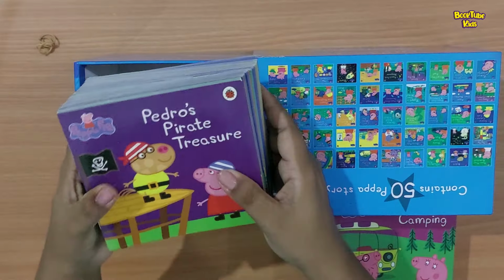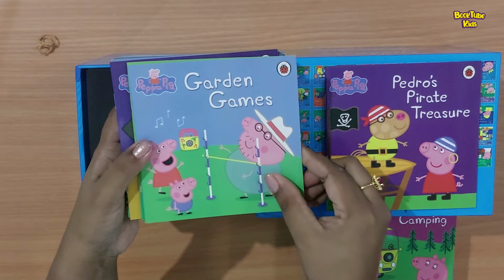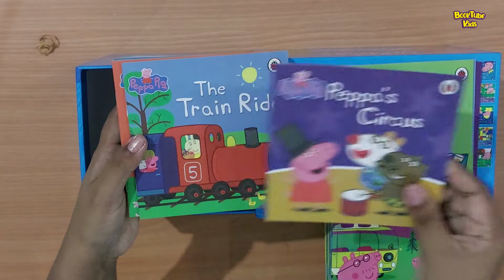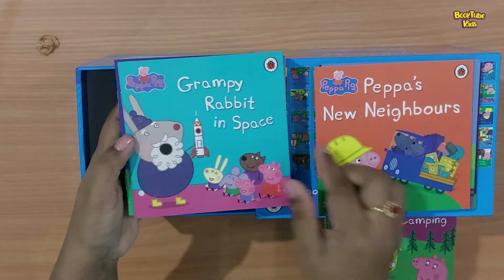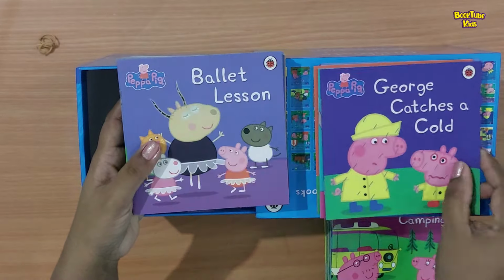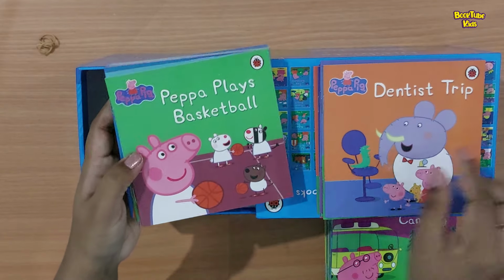Pedro's pirate treasure, garden games, recycling fun, Peppa's circus, the train ride, Peppa's new neighbors, Grumpy Rabbit in space, George catches cold, ballet lesson, Peppa's sandpit, dentist trip, Peppa plays basketball, nature